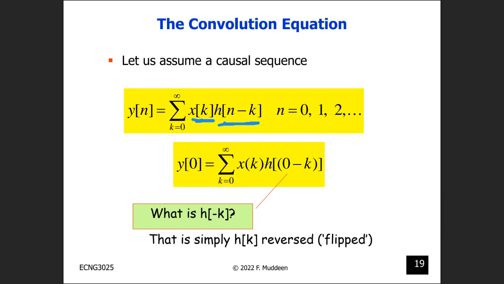Let n equal to 0. So y[0] is the sum from k equal to 0 to infinity of x[k] h[0 minus k]. And if you remember from when we did those kind of things before, h[minus k] is just simply h[k] reversed or flipped around in time, right? So if I were to expand this,